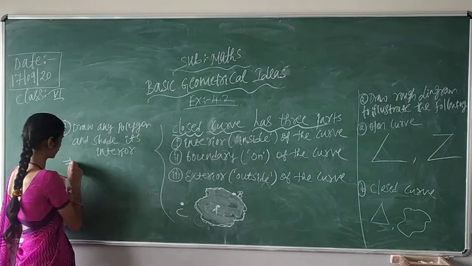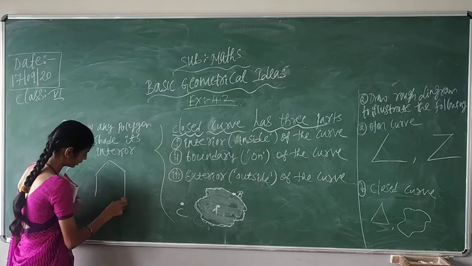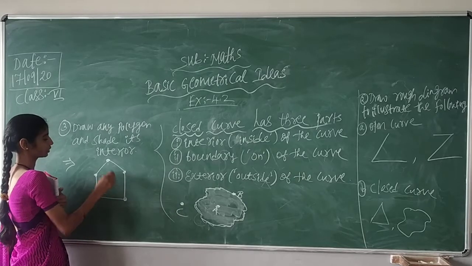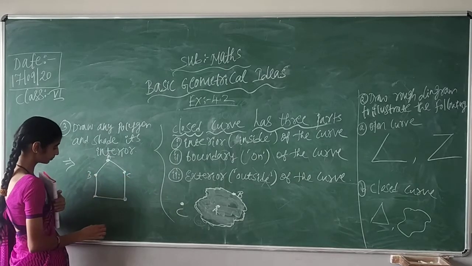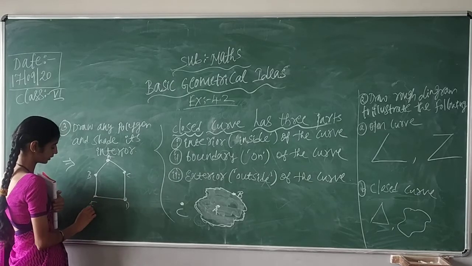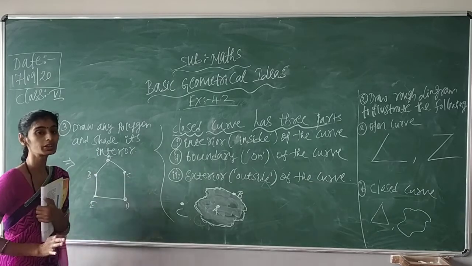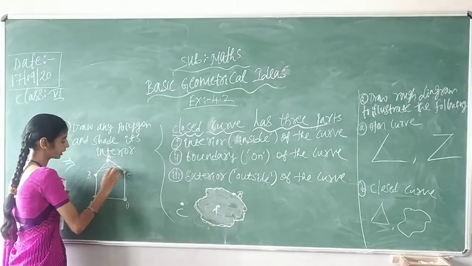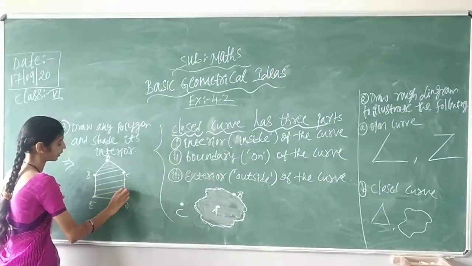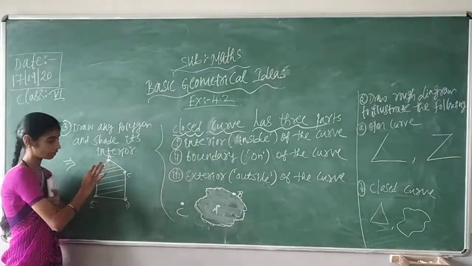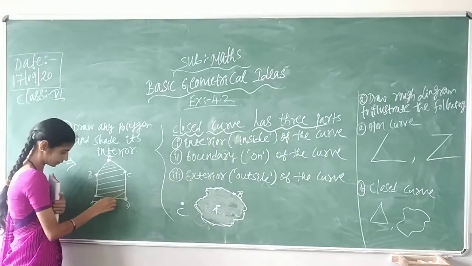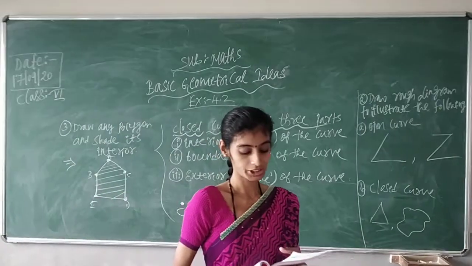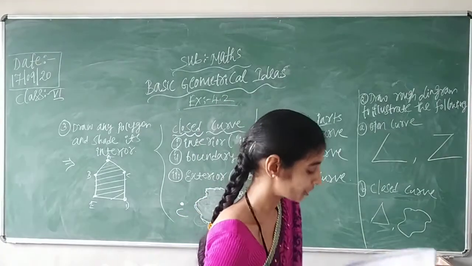So here you should draw one polygon, whichever you can draw freely here, children. This is one polygon with 5 sides. So you can name them as A, B, C, D and E. So this is the one polygon. And next question, shade its interior. Interior means you need to shade the inside area. Okay, you can draw the lines or completely you can shade with the pencil. So this is all about question number 3. Shall we move to the next question children? Yes. What is the next question?